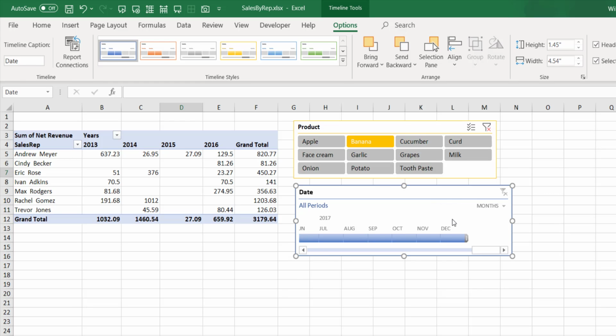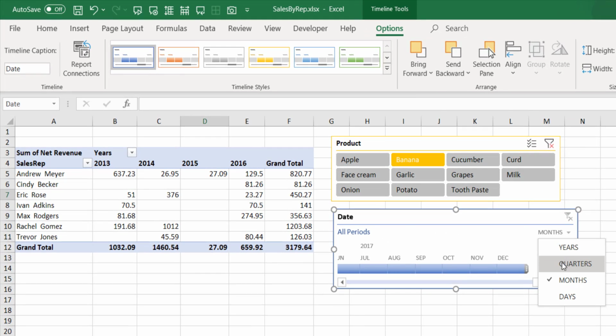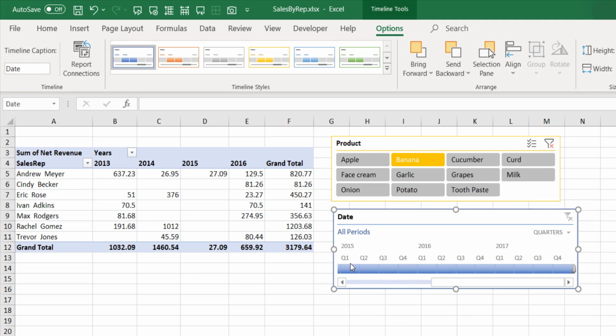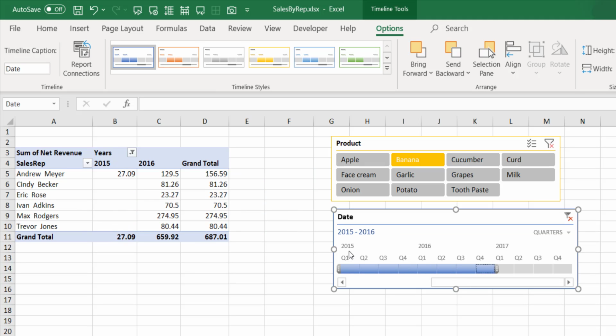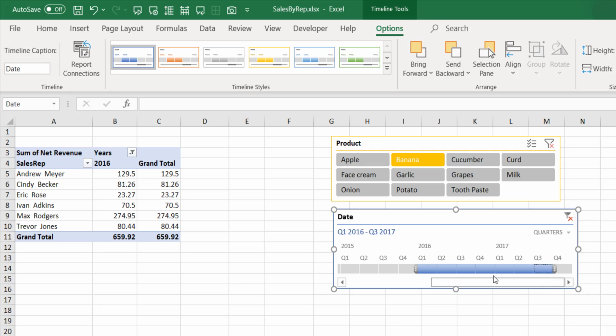So I can convert this to month or year or quarter. So I can just make it say quarter here. So I can choose whichever quarter I want. So Q1, Q2, Q3, Q4 of 2015. So that means say 15 and 16 only displayed here. If you look at this data, so this is filtered. Or if I want only 2016 Q1 to 17, so I can select as well.